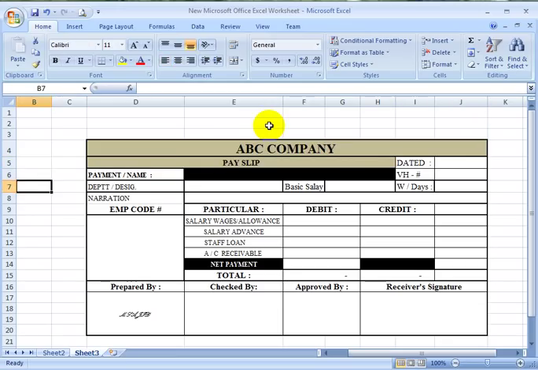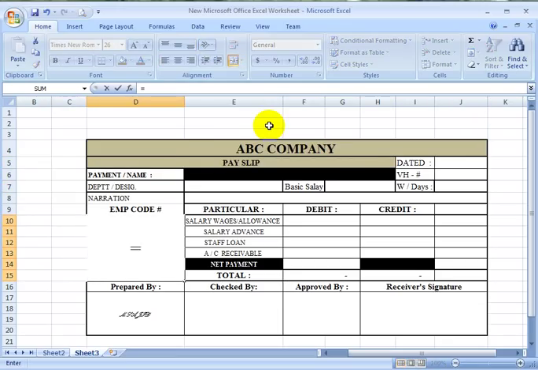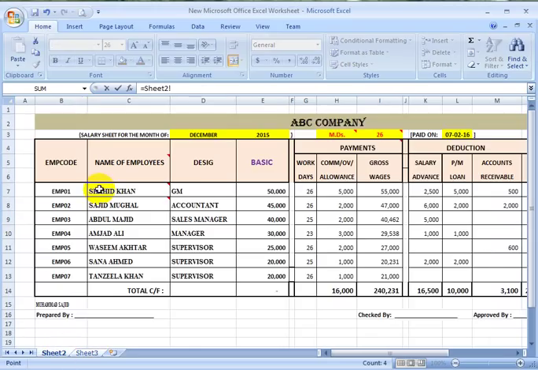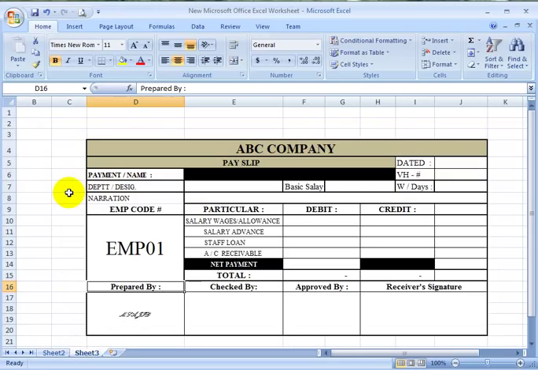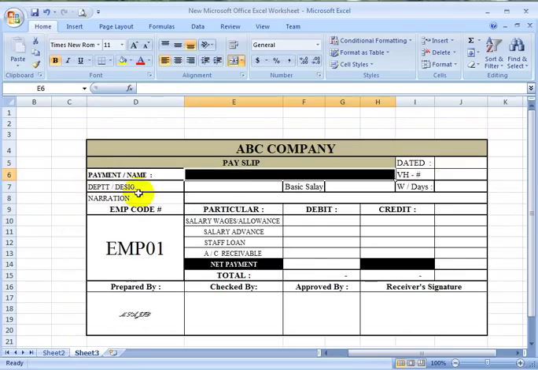Date. First of all, I have to write here the employee code, on which I have to do all the other computations. Employee code is over there. I have to mention now the employee name.